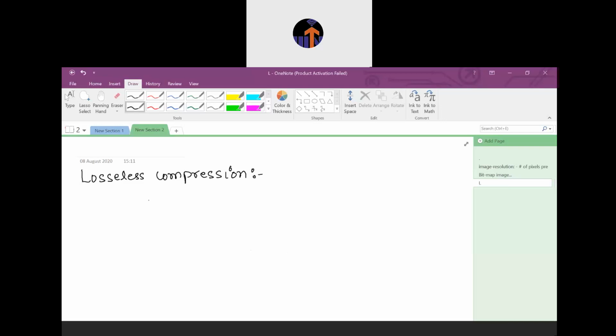The quality of the image you cannot compromise. You have to just reduce the size of the image, but the quality cannot be affected.